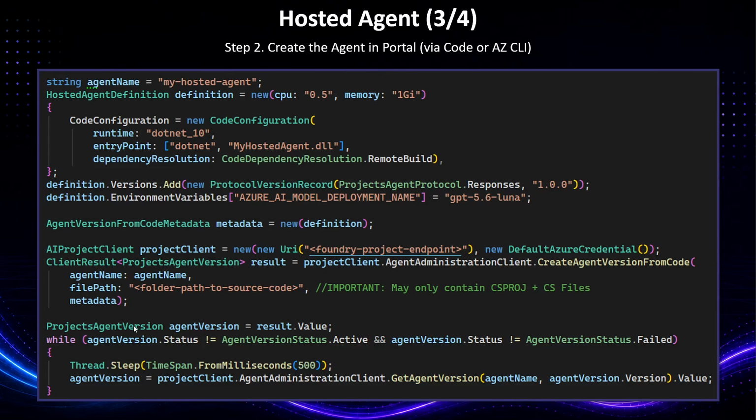We create that, and then we begin to wait, because what this method here will actually do is create a Docker image. It will spin up a container service, and it will deploy it as a test, at least. I will explain what I mean by a test. But once it's been deployed, it's evaluated all the source code that it can actually build it and host it. It will come back and say, now that version of the code is active, and we can continue.